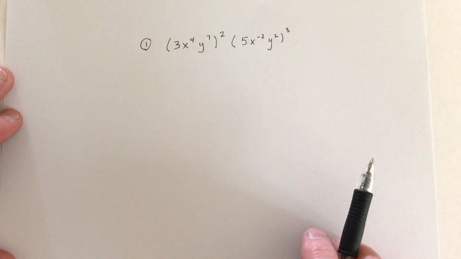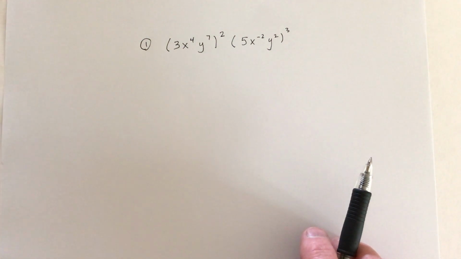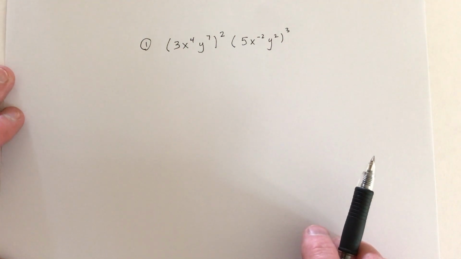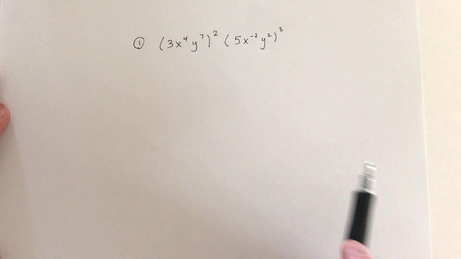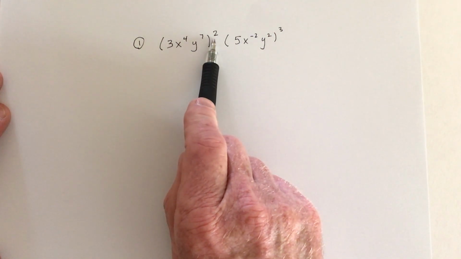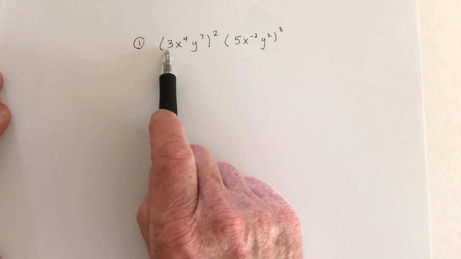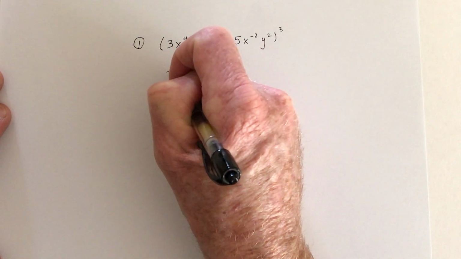And by the way, when I made up these examples, I actually went through the online homework and looked at what they're asking for, and so these are similar to the online homework. So first of all, this square needs to apply to all 3 of these things. So there's going to be 3 squared,